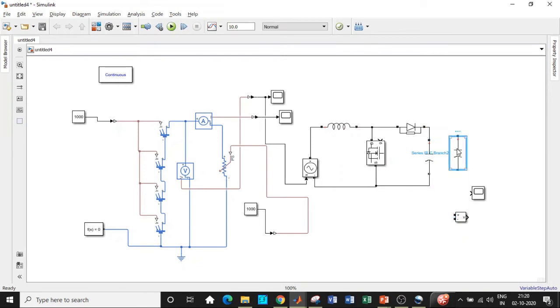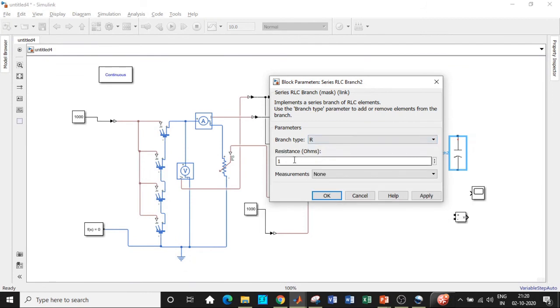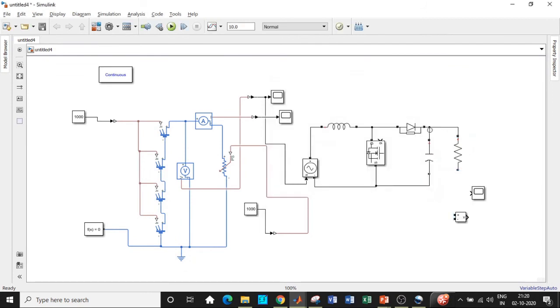I'll be using a resistive load, so you can use based on your requirement. I'll be giving its value to be equal to 100 ohms. So I'll be connecting it at this point between the capacitor terminals, and we'll be measuring the voltage across the resistive load in this particular fashion. And I'll be giving the voltage that is measured to the scope in order to see the output voltage